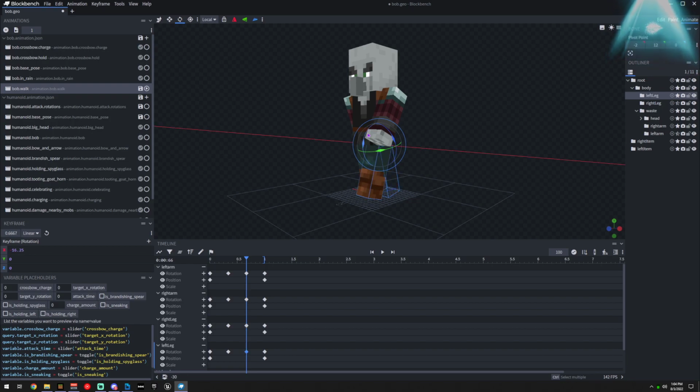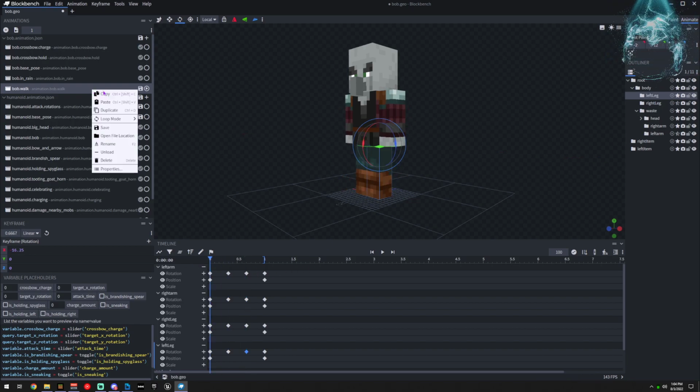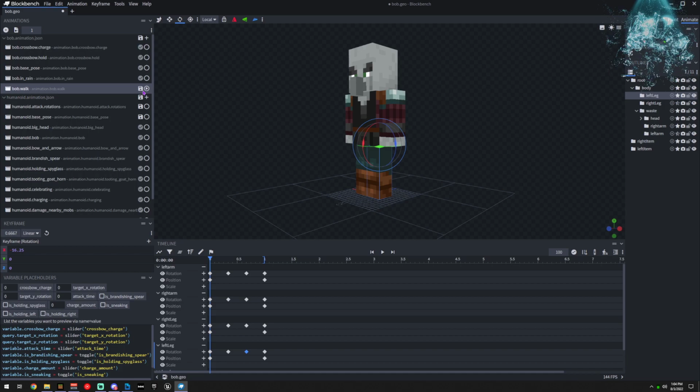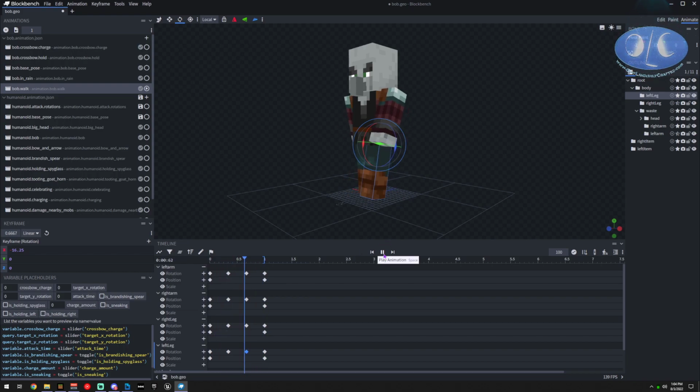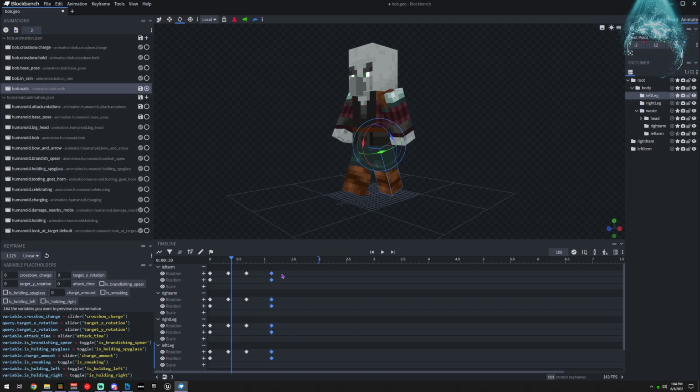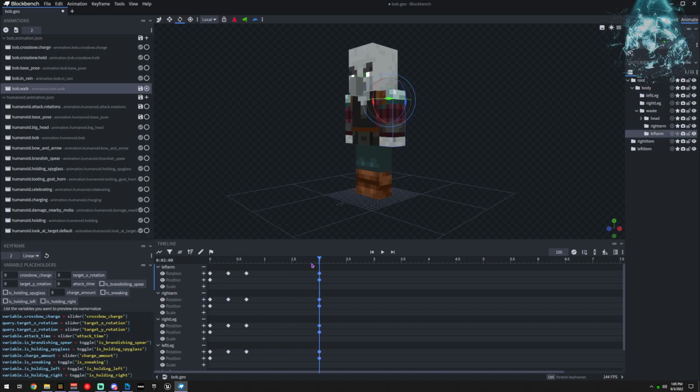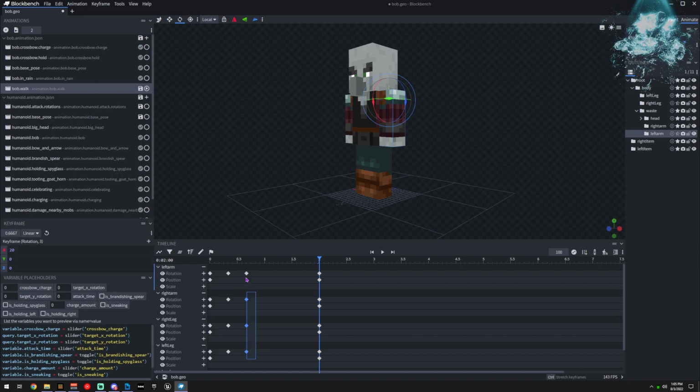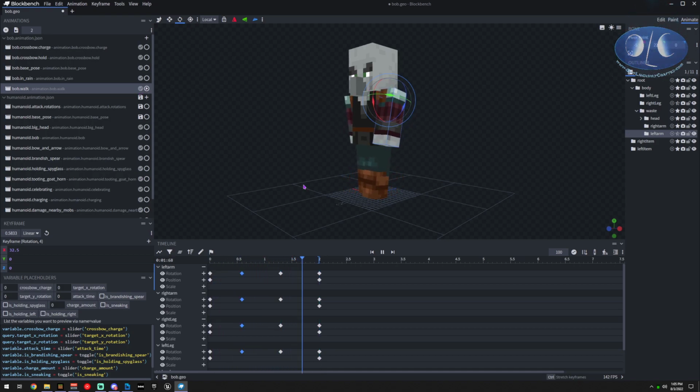Now we're going to move them back and forward. If I come up here, go to loop and make it a loop, and save it, we always want to save often, and then I play it, now you have a basic walking animation. If you want to make it faster or slower, you can just change how long it is and then move these over. So now I've got the basic. Here we go, now he's moving.